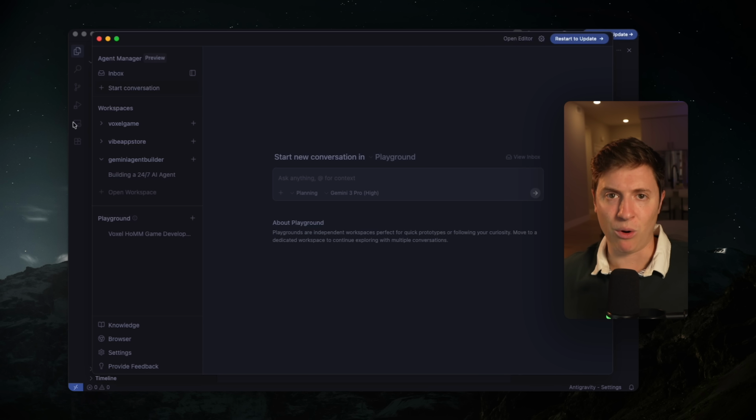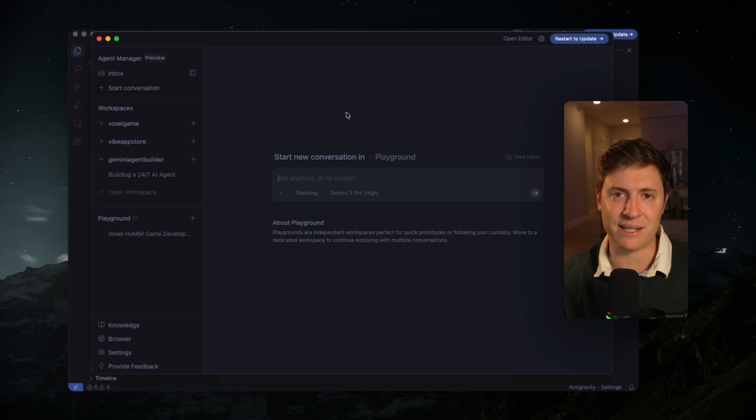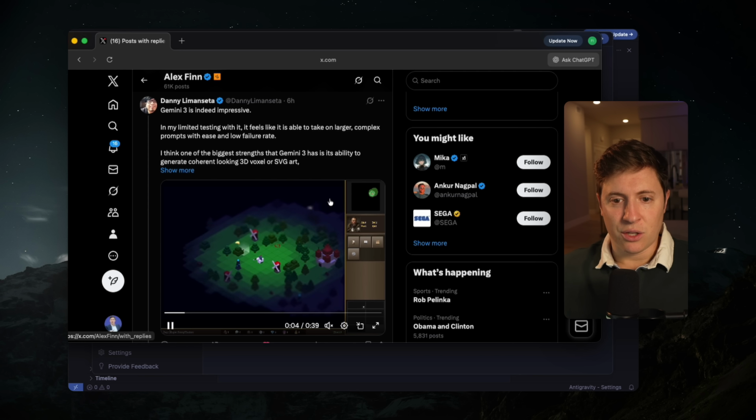This is really cool. So let's build out an app. I'm going to show you my workflow with Google Antigravity. Feel free to follow along, pop it open, sign up for it. You have to just log in with your Google account and we're going to start building. So I'm going to